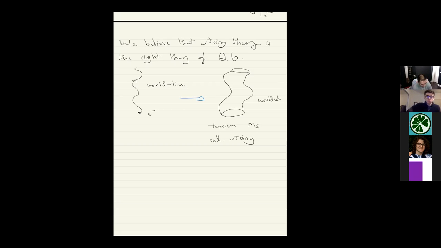When you quantize that string, you find, surprise, surprise, a graviton, which is not just something out of Star Trek. A graviton is supposed to be the force mediator for gravity. So when the world becomes quantum, and now we've introduced h-bar into the story to get to quantum gravity,